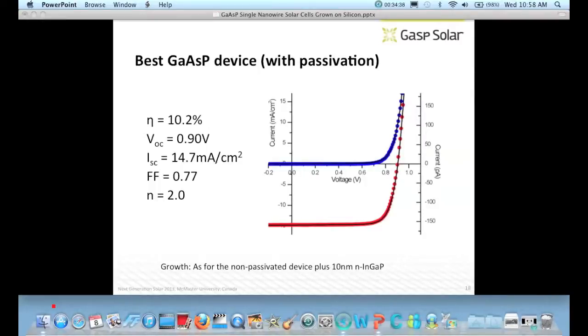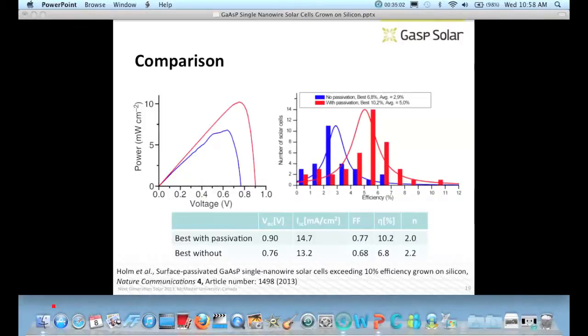The efficiency is now 10.2% for this one device, the best device, I should say. Short circuit current improved a bit, but open circuit voltage improved, fill factor is better, and the ideality factor is also improved. If we just compare these two,